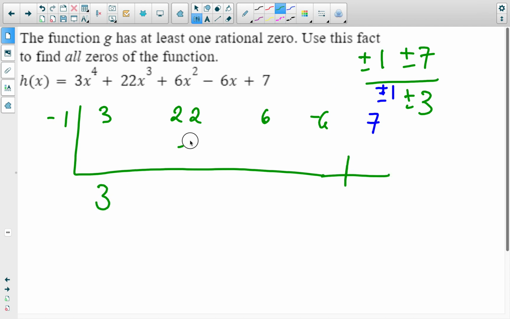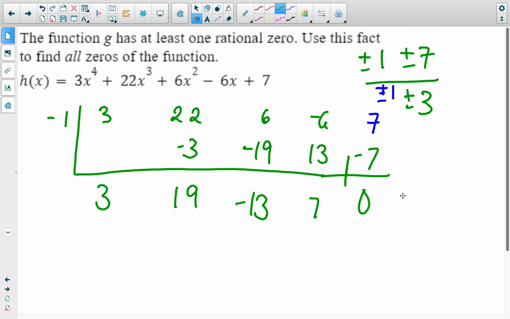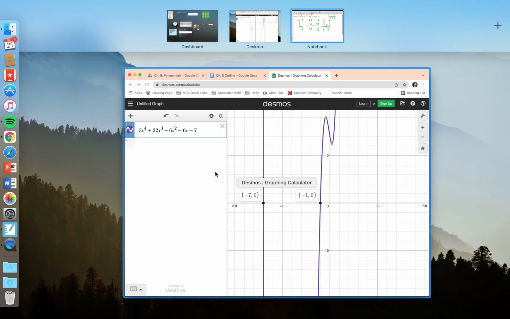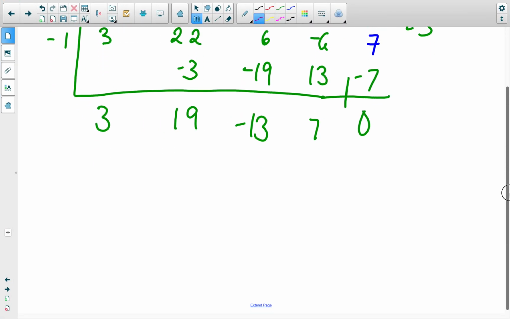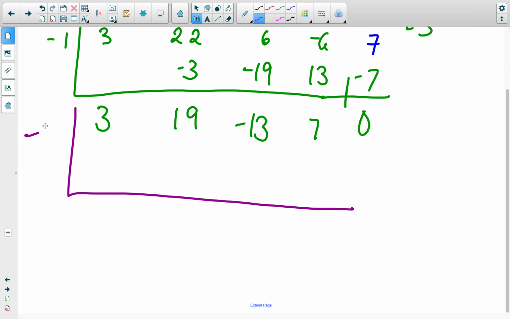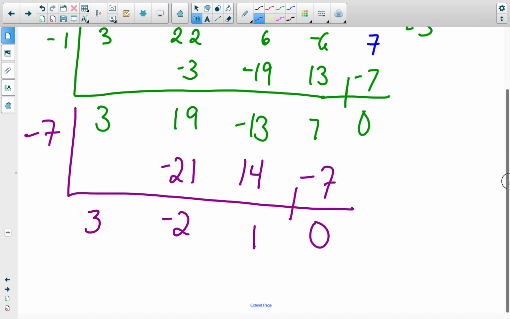Okay, carry down, multiply outside, add inside. All right, and then go back to your graph, find that other integer zero, which is at -7. So we're just going to set up another synthetic division right here. Okay. There we go. And then now we're left with, so we already determined that x equals -1 and x equals -7